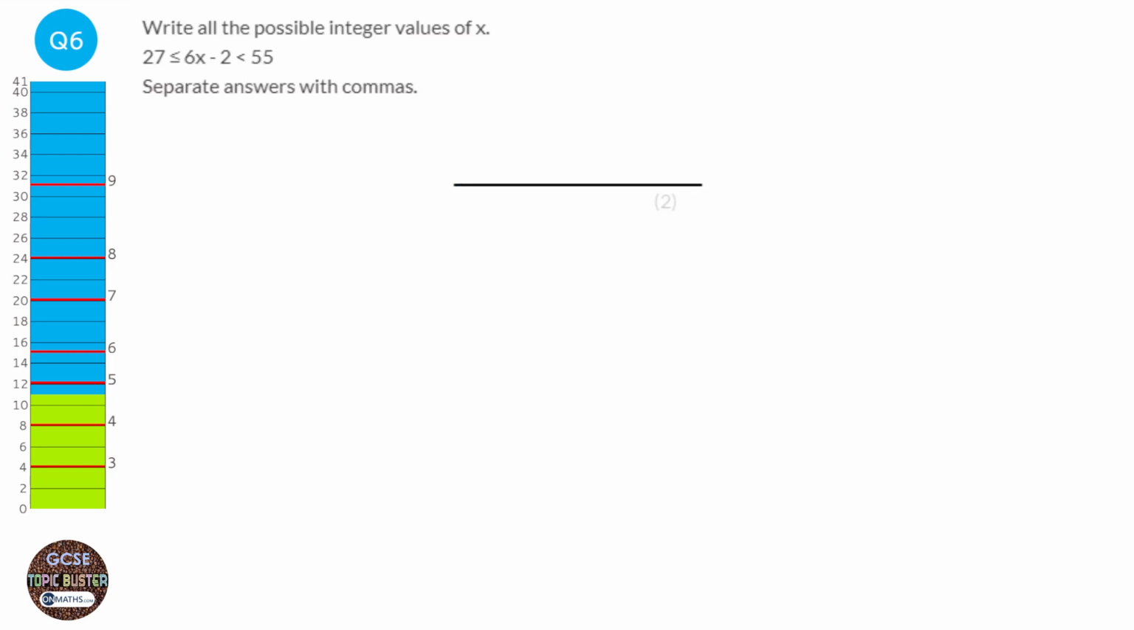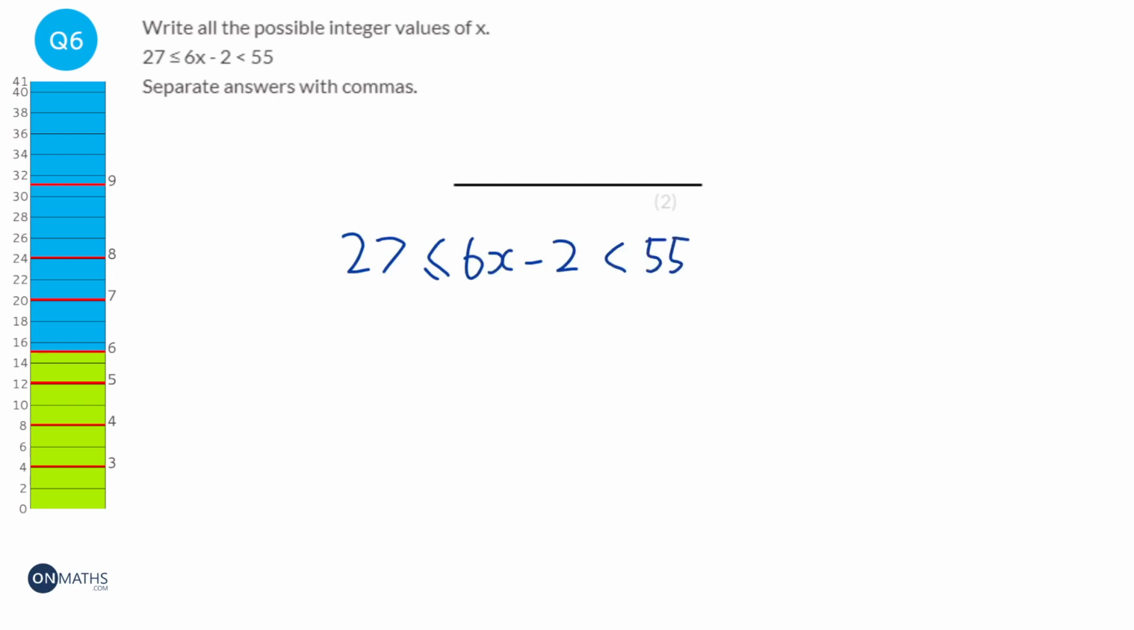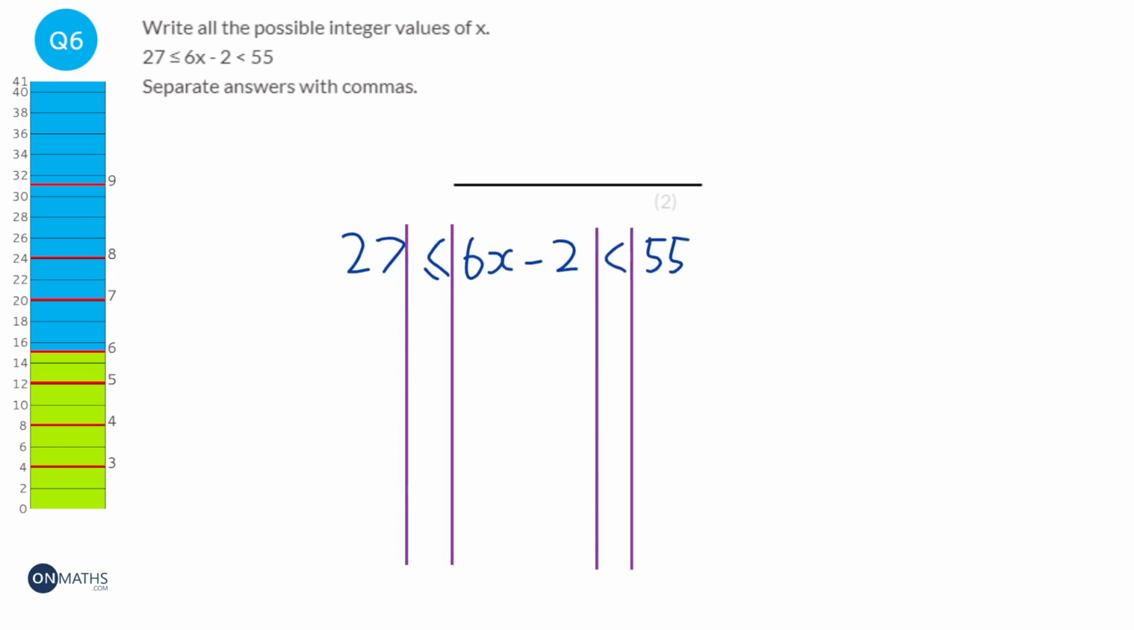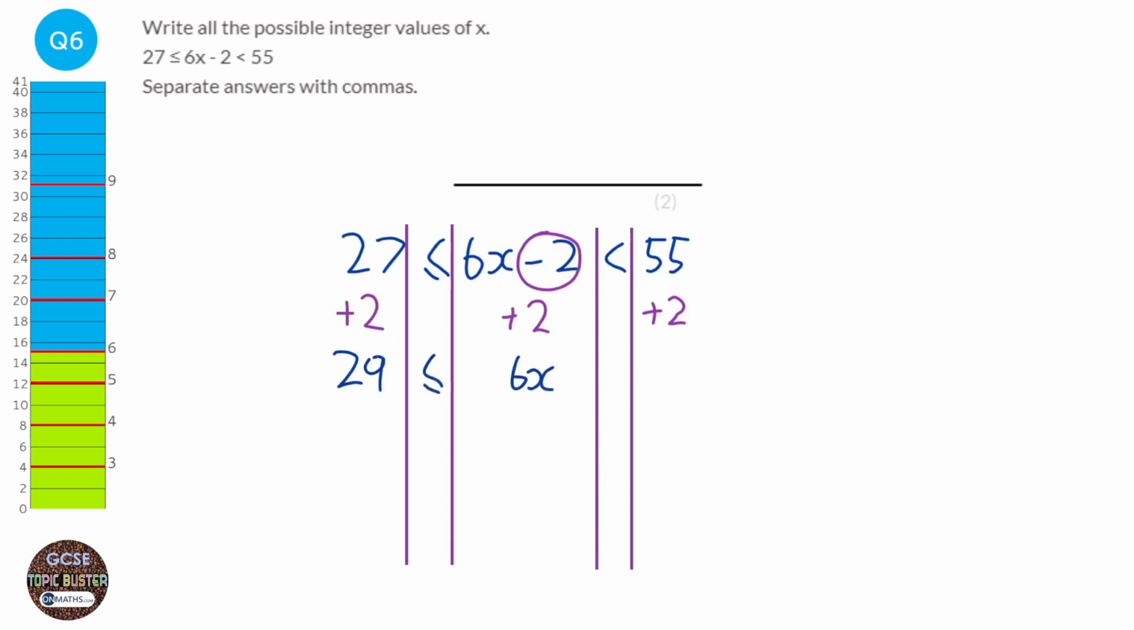So the first thing we need to do is solve the inequality. So I'm just going to write out again just so we've got a bit more space. And let's put our tram lines in. So first thing I'm going to do is get rid of that minus 2. So we're going to add 2 to all three sides. So that'd be 29, 6x, and then 57. Okay, the next thing we're going to do is we're going to divide by 6 all